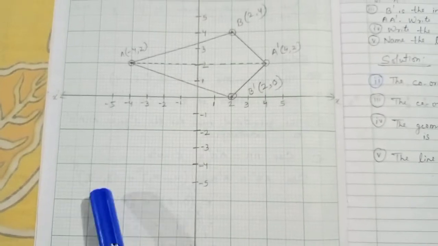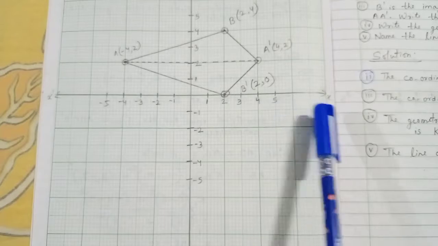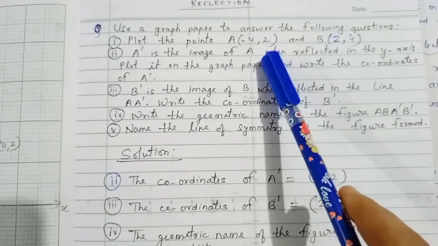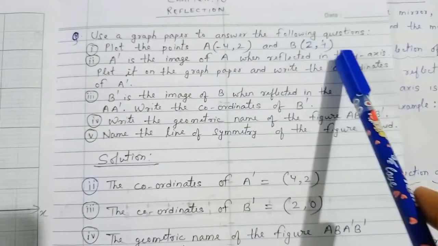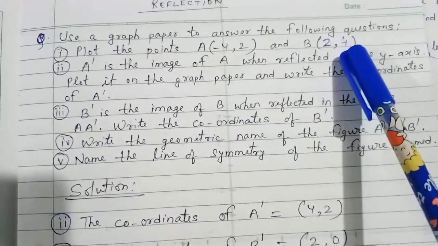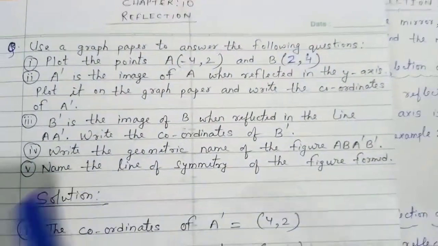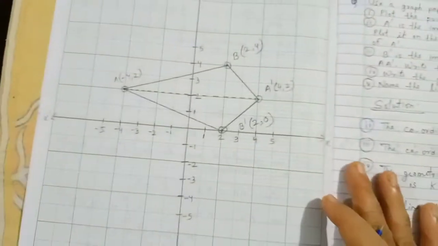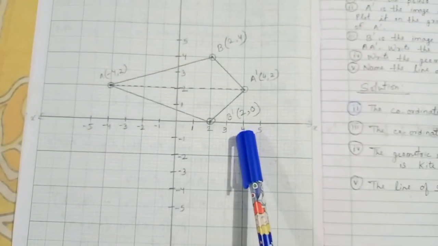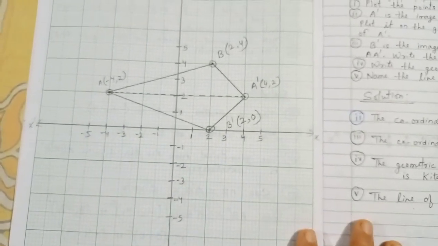Now you might be asking, sir, why did you take only up to minus 5, not minus 6 or plus 6? The reason is, you can check the question here, the highest value in this question is minus 4, and here the y axis value is plus 4. When you compare these two, the highest is minus 4 and plus 4, so I took one line extra. So for 4 I took 5 and for minus 4 I took minus 5. That way I have taken.